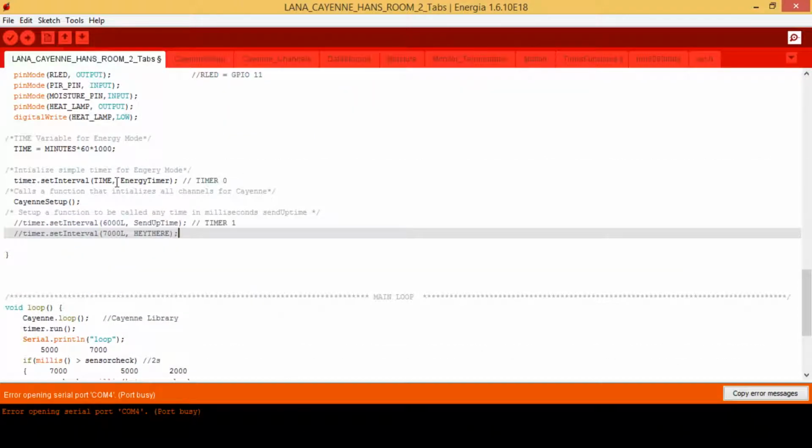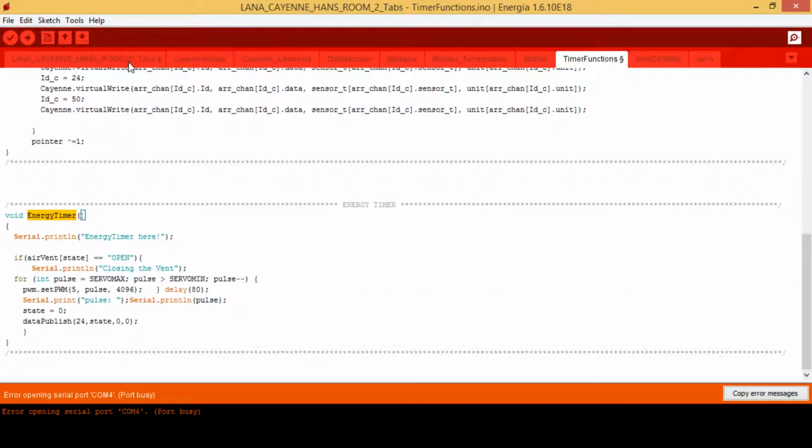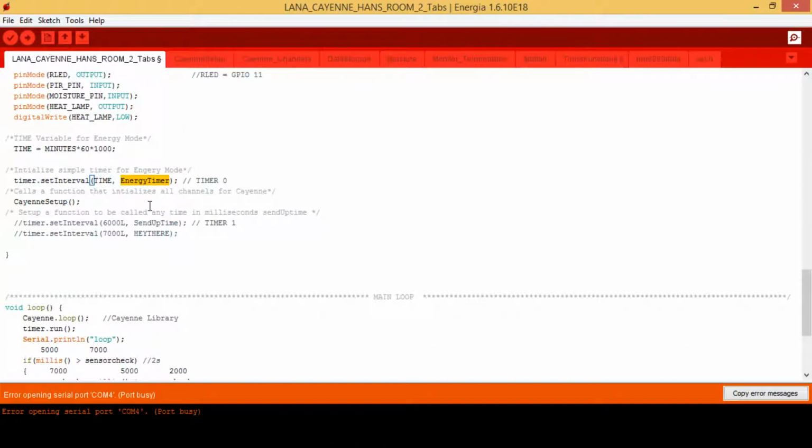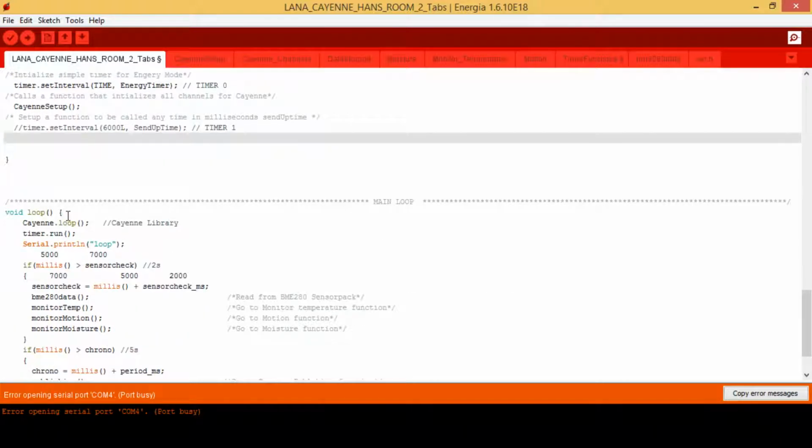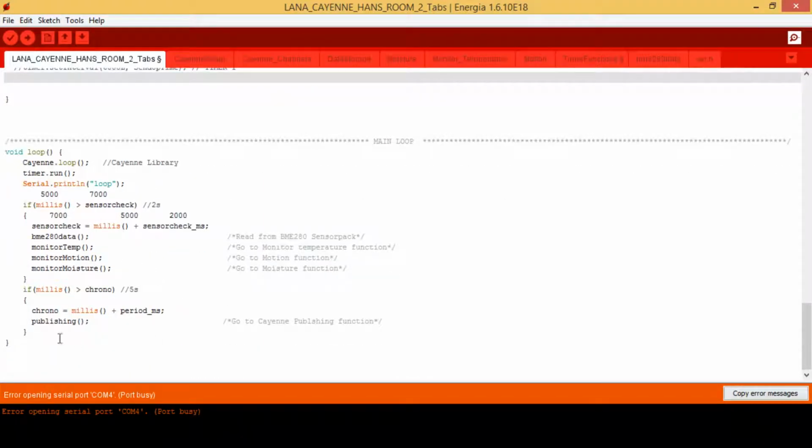Here's the one that I do have right now, the energy timer function. This is its callback function that will go to this every 28 minutes. And that is if you're in energy mode, which we'll discuss later, and it's also in the documentation what that does specifically. So okay, now we're going to get into the crux of our program, and it's a continuous